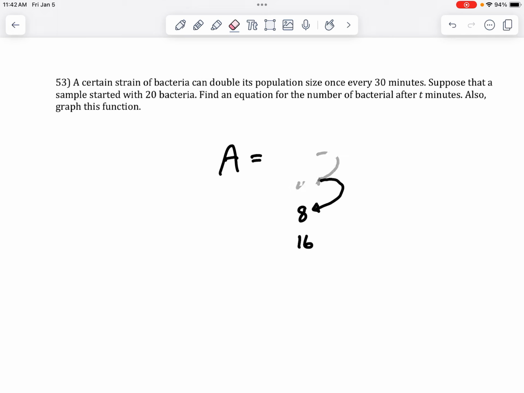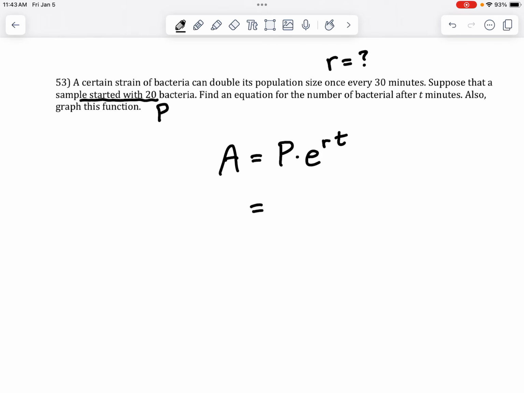So that is when we need to use the PERT formula. So P times E to the RT. And then we need some numbers. So if you start with 20, so that's the starting amount. And the rate is not given, so we're going to have to find out the rate. So if you start with 20 of them, and we're going to need to solve for R, the T is